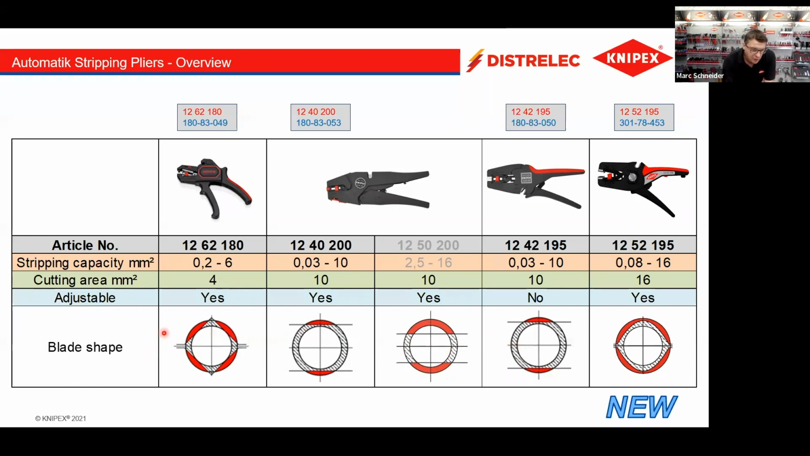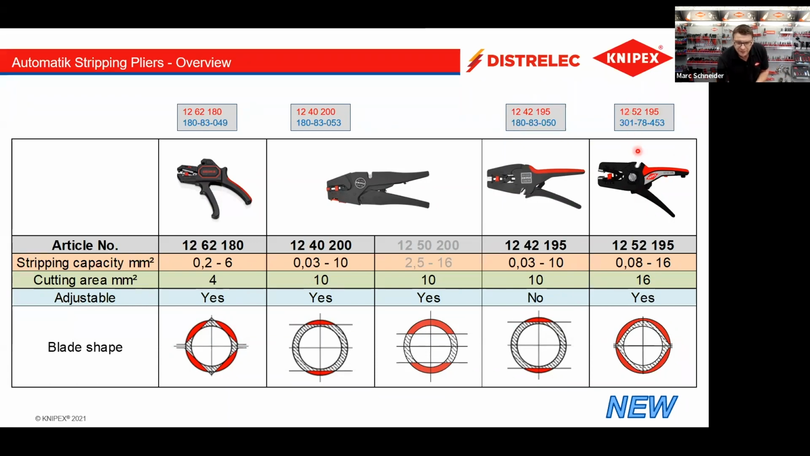So again, the 12-6280 has V-shaped blades. The 12-4200 has straight blades. The 12-4295 also has straight blades. And the new Distrelec 16 has polygon-shaped blades. So this shape here is the best blade shape we have in automatic wire strippers. All these tools are in the Knipex range, and we go on with the